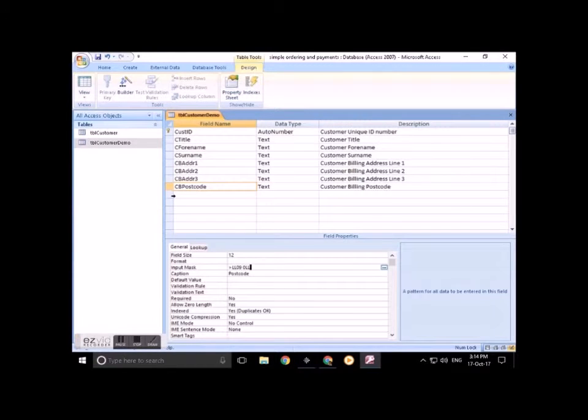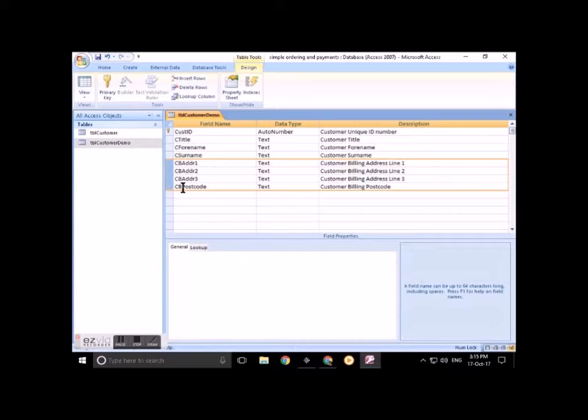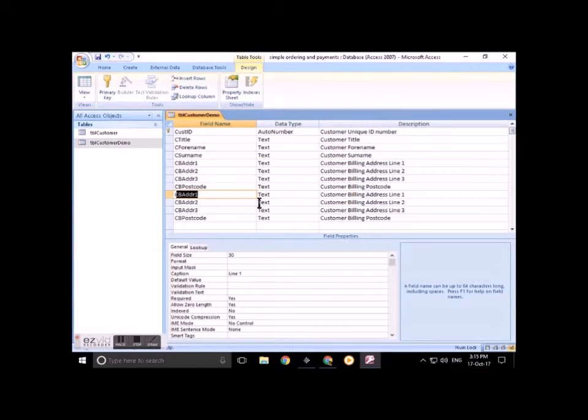Okay, and now comes the really important piece of magic. I want to take all 4 of these and I want to duplicate them. I have all the customer's billing address here. I want to do a Control C, drop down here, put in a Control V to paste all of these on, and what I want to do is swap the billing for the